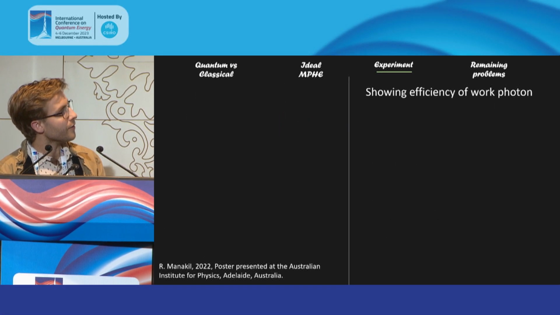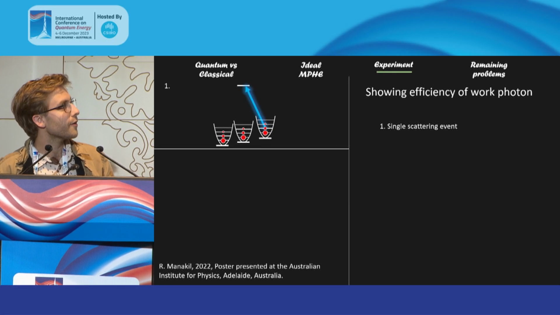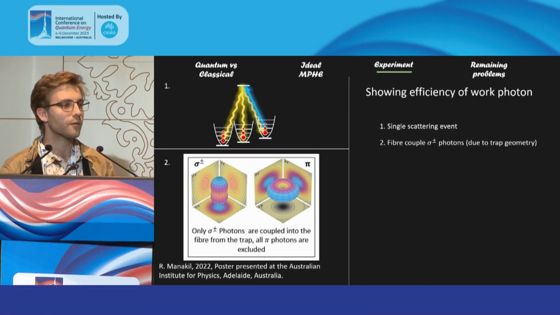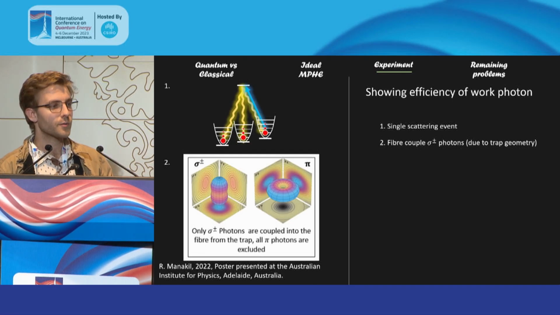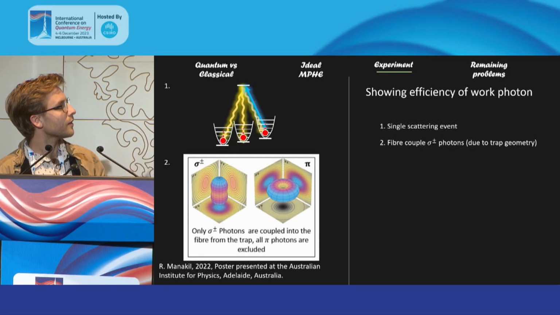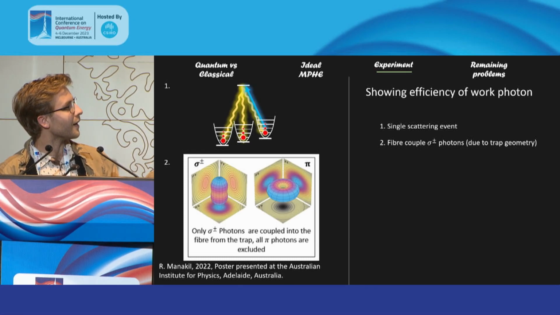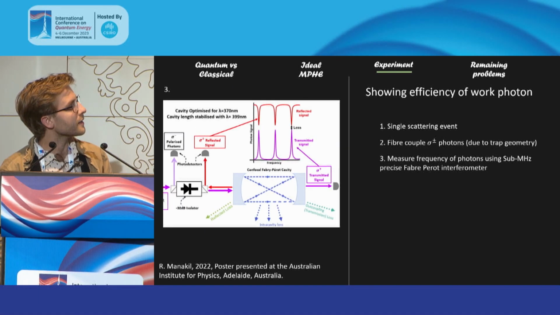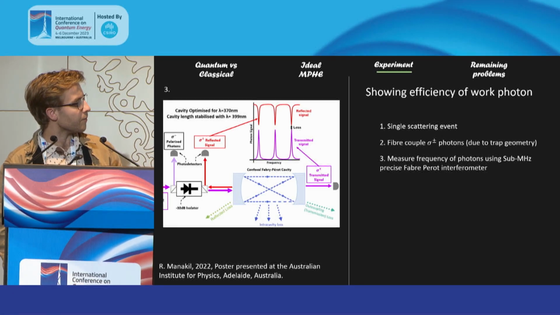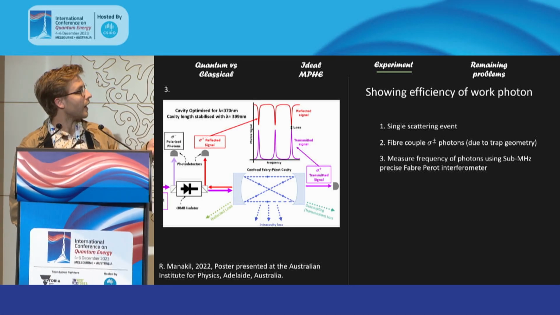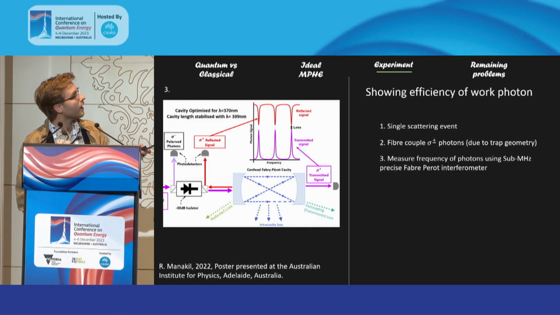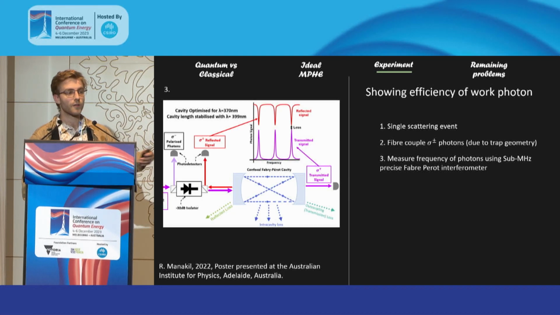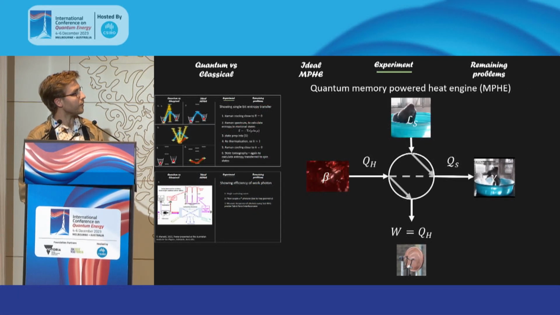The other thing we want to show is the efficiency of the work photon, which is where we have a single scattering event. Spontaneously emitted photons come off, and some of those will be high energy photons. They cool the ion slightly. By the way, on average, this does nothing in terms of heating or cooling. Anyway, we then couple that light into a fiber, and pass it into a sub-megahertz fiber probe, which Rose, one of my colleagues, is working on, and she'll have a talk on Friday. And that will hopefully measure the actual work or the efficiency of that work photon,